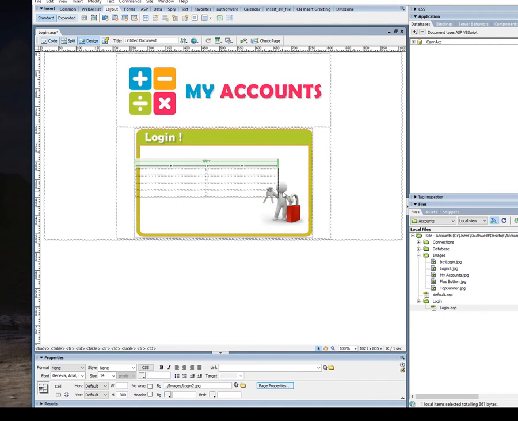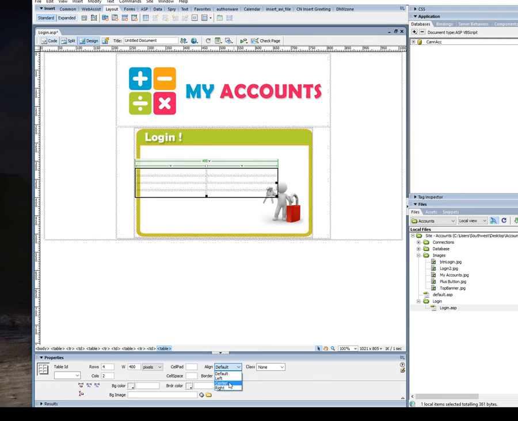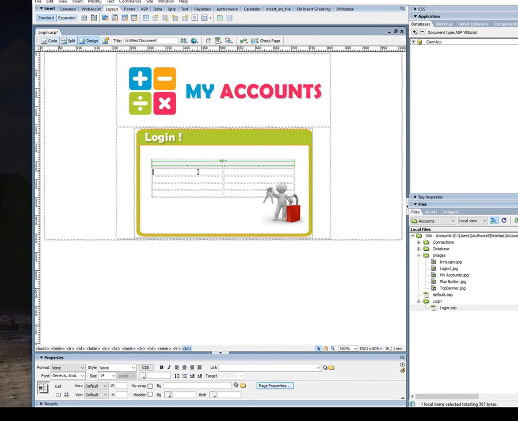Okay, and this one also I need centered, and on the first row, when you click, I will set the width to 100. Alright, just going to be our username, and the second will be a password, and let me just set a height of 25, and this one to 25,